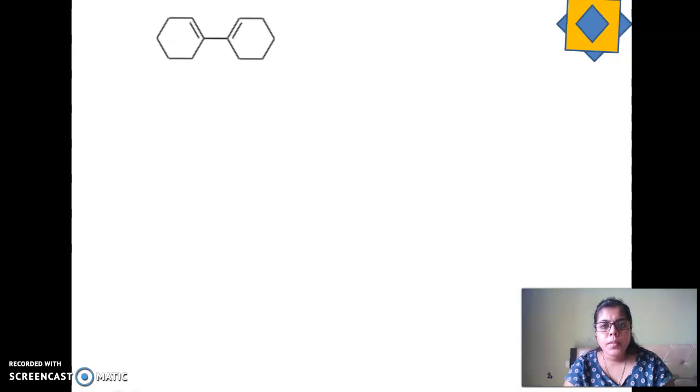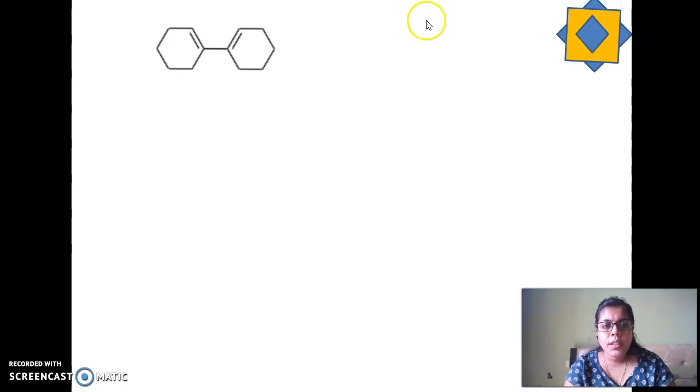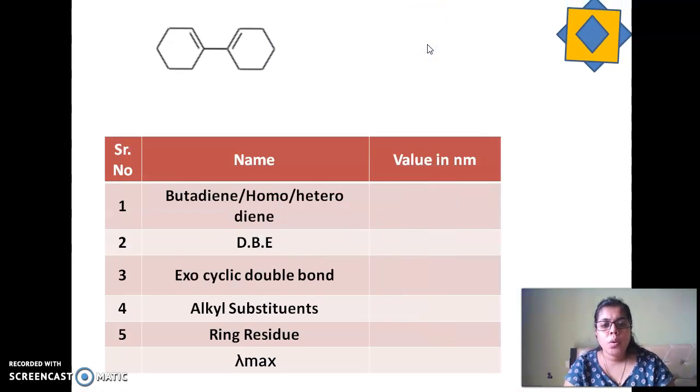next sum. Now you can tell me what is it, whether it is a butadiene or a homoannular, heteroannular diene. You have to visualize. It is hetero, you say. No, it is not correct. It is not a hetero, because heteroannular dienes have two fused rings. These two are separated by a bond. So this is not a heteroannular diene. Homoannular is not a possibility, which means it is a butadiene. Can you see here? This is a butadiene. Many of you can say that it is hetero. That is wrong. This is a butadiene.